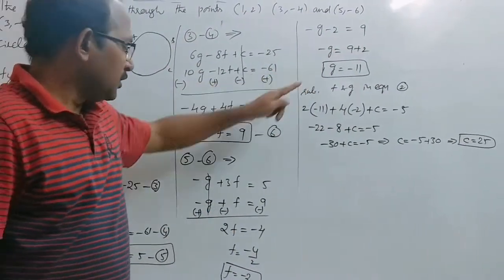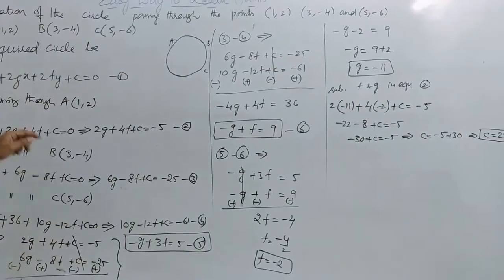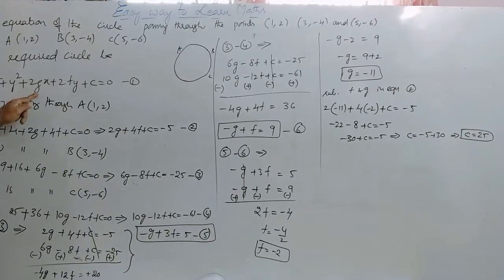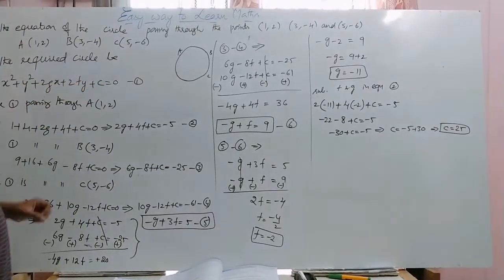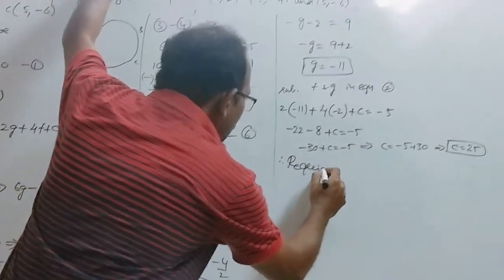Now we find the values of G, F and C. Then the required circle will be obtained by substituting the G value, F value and C value in this equation. Therefore, the required equation of the circle